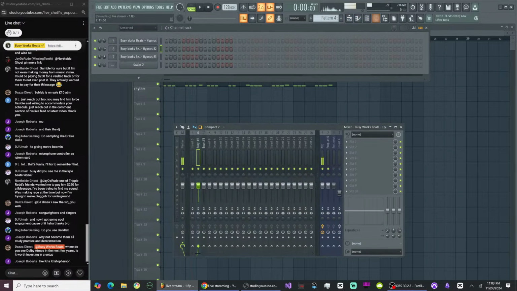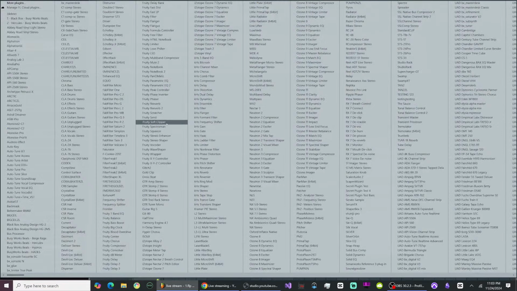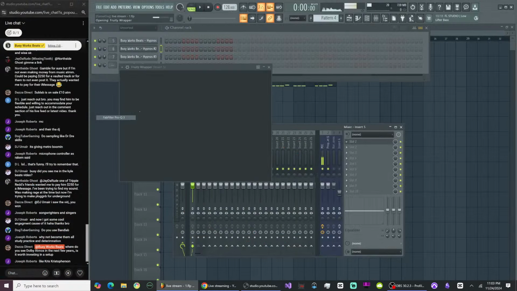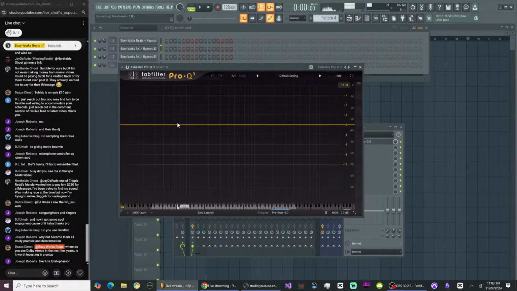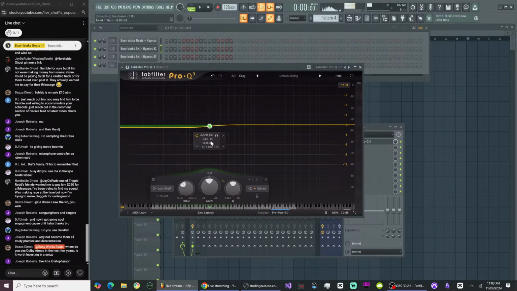Now, what we can do, this is a little more advanced, but every time the bass hits, I want it to cut out the low frequencies. So I'm going to route the bass to the brass. We're going to open up Pro Q3. I know I'm getting a little advanced, so just don't try to memorize all this. We're going to add what's called a low shelf. So anything below, let's say 200 hertz, I want that to go down in volume every time the bass hits, because I want the bass to dominate this zone.